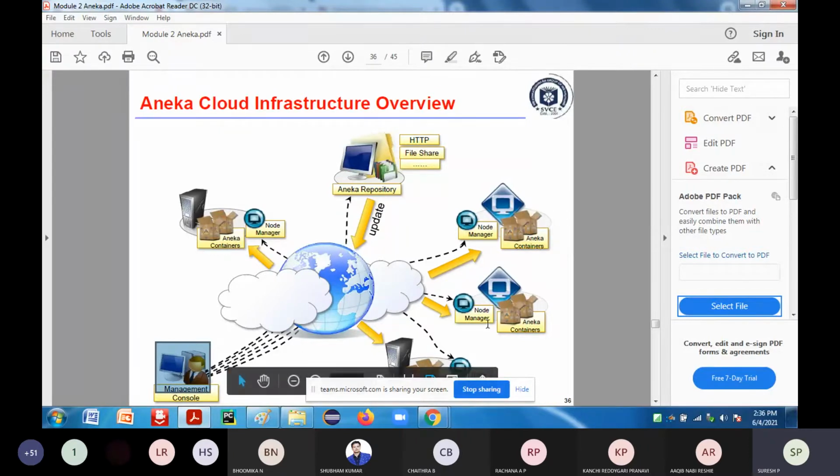This node can have one type of configuration, and that node may have a different type of configuration. So the manager has to serve in such a way that it knows which node is suitable for which purpose. The management console should know which node is suitable for which purpose.